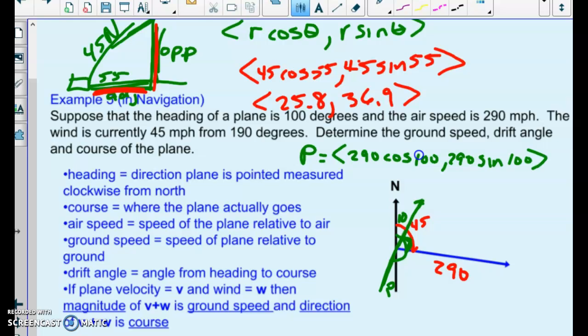And if I put those in my calculator, I get the component form of the plane vector is negative 50.4 for easy math, and I get